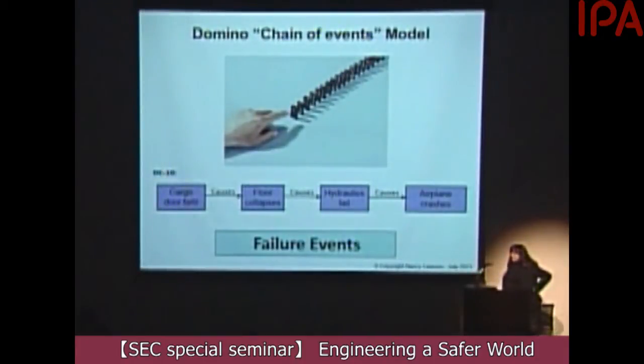Another way of thinking about this chain of events model is as a set of dominoes, where the first one falls, which then causes the second one to fall, which causes the third one to fall, and so on. So, for example, in the DC-10 accident in 1974, which still is,